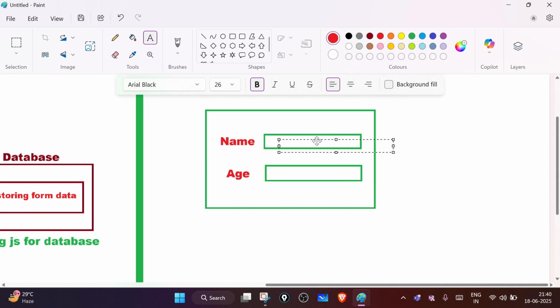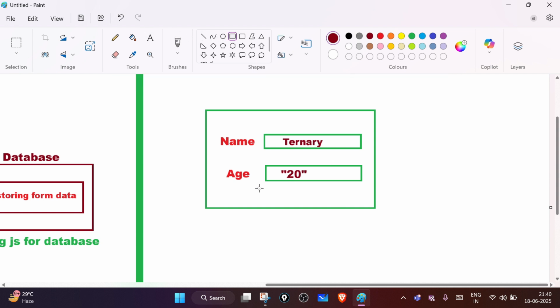अभी देखो दिक्कत क्या होती है, अभी नेम को तो मैंने ठीक से डाल दिया, ठीक है। लेट्स सपोज आई एम राइटिंग नेम इज लाइक टर्नरी, है ना। अब एज में क्या कर रहा हूँ, एज मैंने डाल दी स्ट्रिंग में, 20। ये मैंने स्ट्रिंग में लिख दिया। ठीक है, यूजर ने इसको स्ट्रिंग में डाल दिया। अब यूजर क्या कर रहा है, इसको सबमिट कर रहा है। यूजर इज सबमिटिंग दिस फॉर्म।